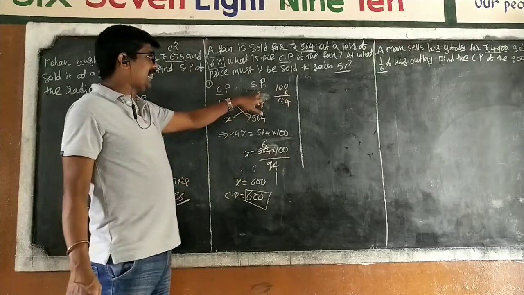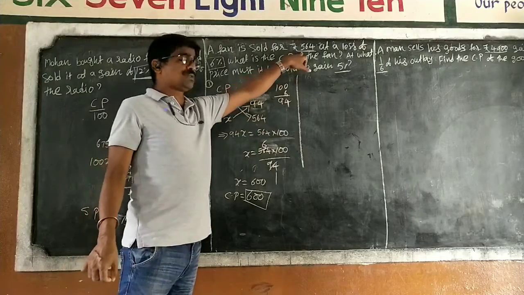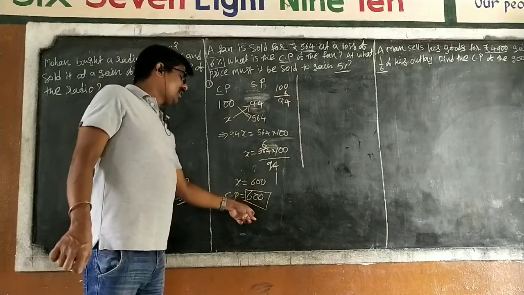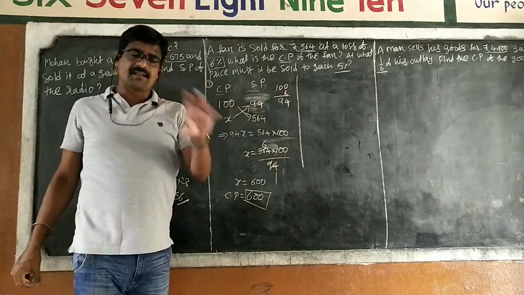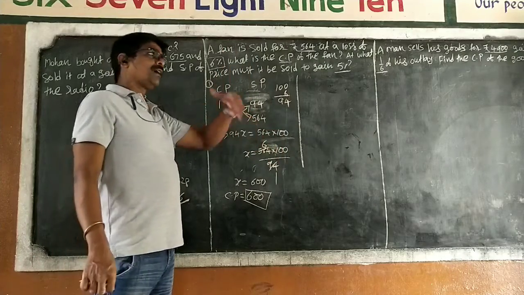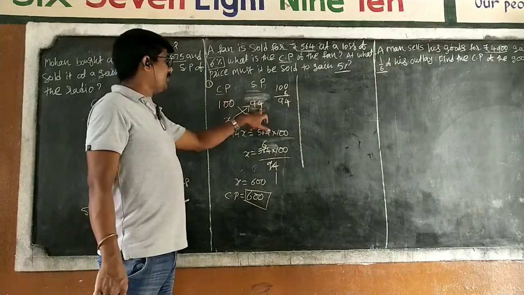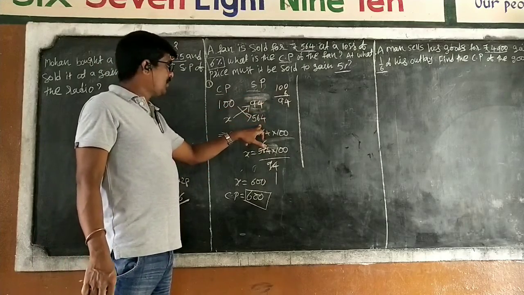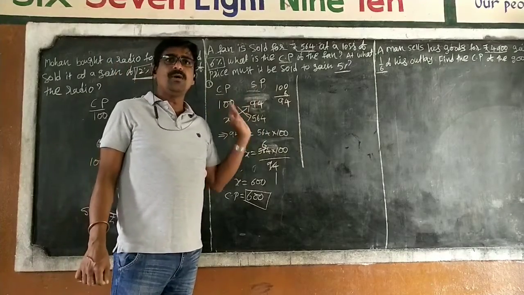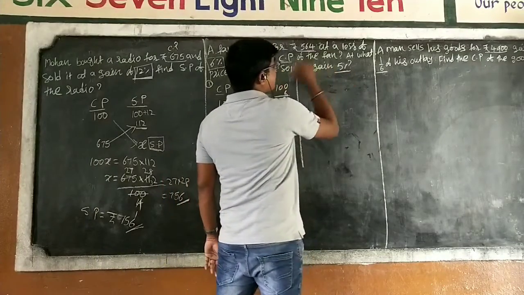So first, the selling price is given as 564, and on that selling price he has a loss of 6%. So we have to find the cost price first. Cost price is always 100. For the selling price, since we lose, that means subtraction. Benefit means add, loss means subtraction. 94. Selling price 564, so I have to find the cost price. Simply do cross multiplication and you get 600.